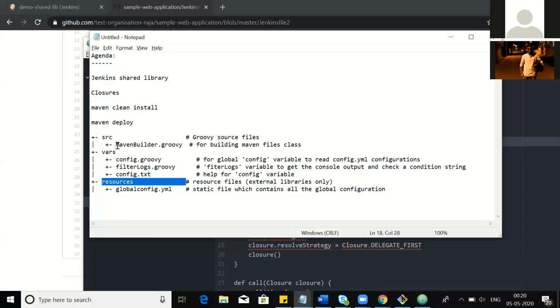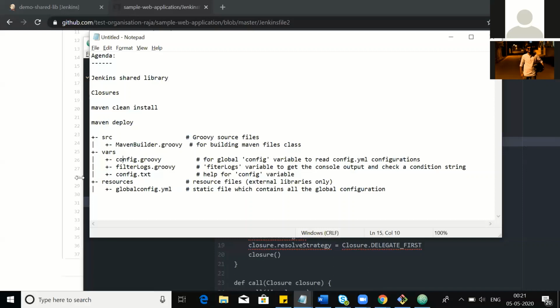And at runtime, when you build the image using Maven, while the pipeline starts, you can go ahead, take the Docker template and then build the image. These are some of the few scenarios where you can keep the resources file statically and use it in the pipeline. So vars is like globally accessible variables. If you define it, you can directly access it in the config file. Whereas any code in the SRC directory should go through the vars directory only. From vars only we can access any method.